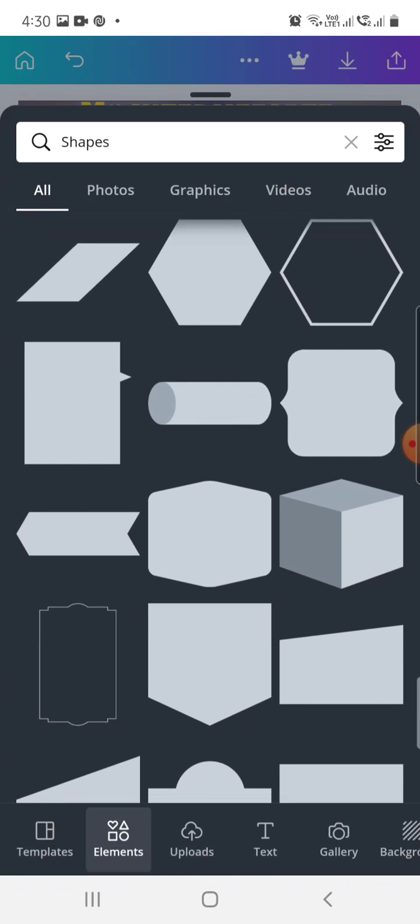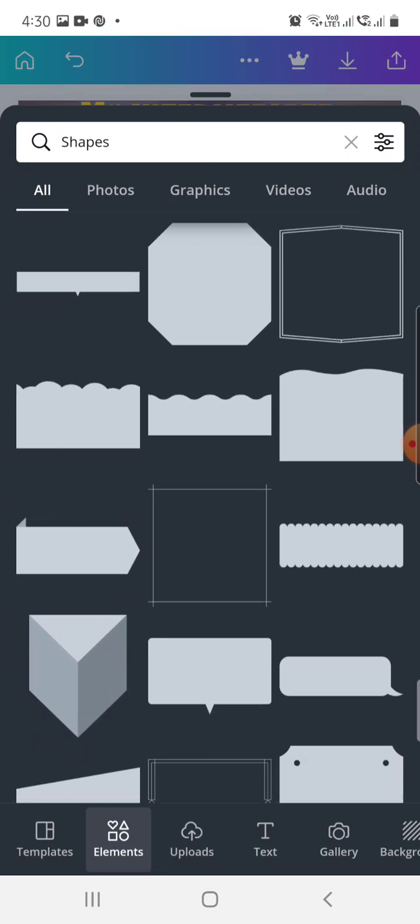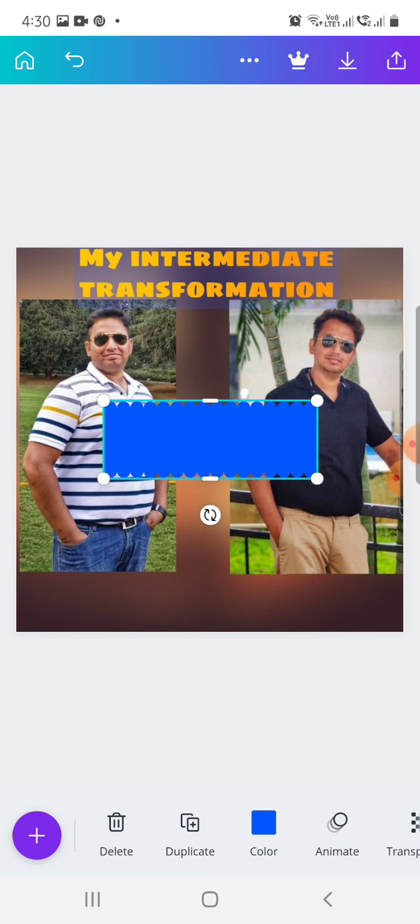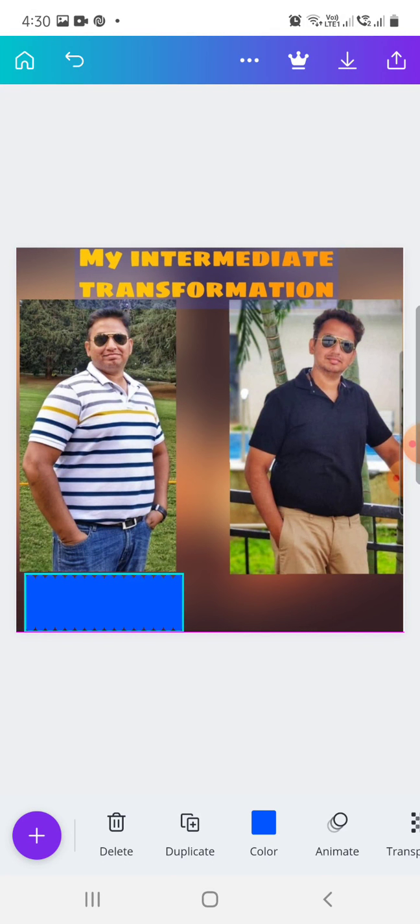Here I would like to select this one, because this is the same element which I had selected in the original collage also. I will just place it over here at the bottom.